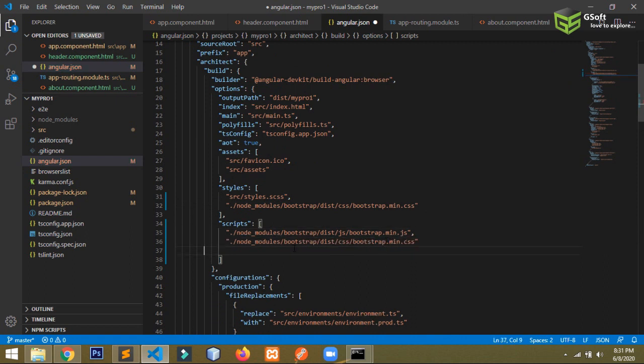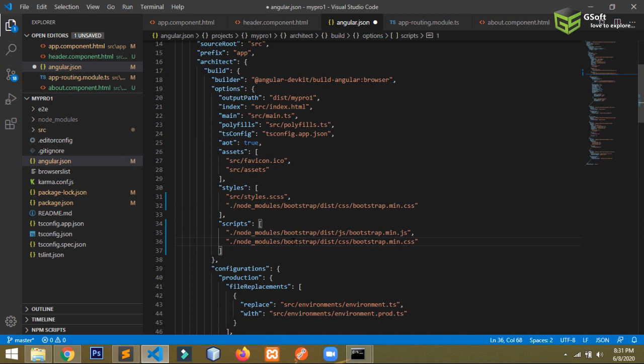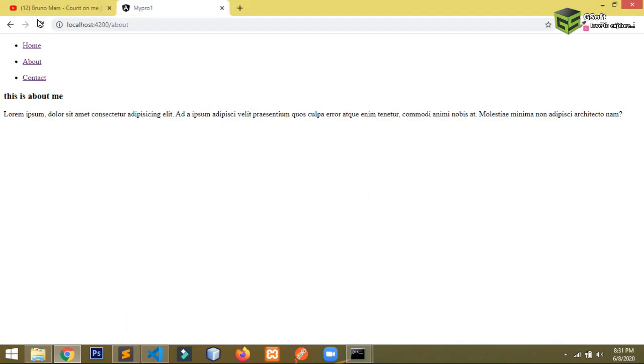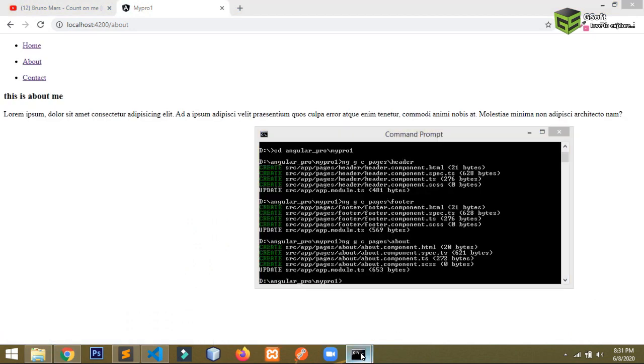So for that you have to just write here jQuery, and you have to just write jquery.min.js.